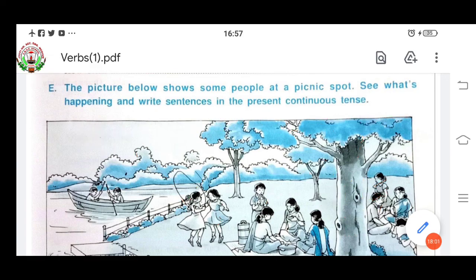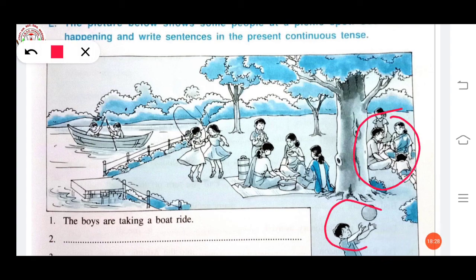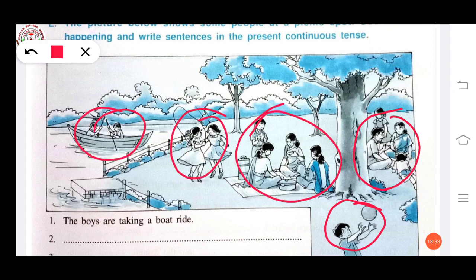Now see the exercise. You can see this picture. Some girls are playing, two boys are sitting in a boat, some ladies are sitting here and eating something, one boy is drinking something, and one boy is playing with a ball, and after that in the corner here one family is resting. Okay, you can see what they all are doing. Now you have to make a sentence. You can make this sentence yourself. Okay,